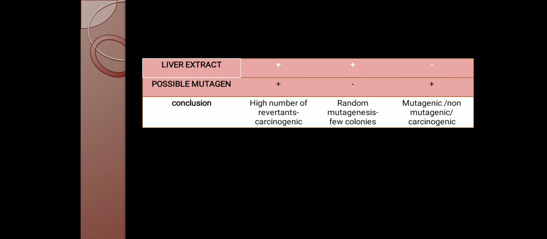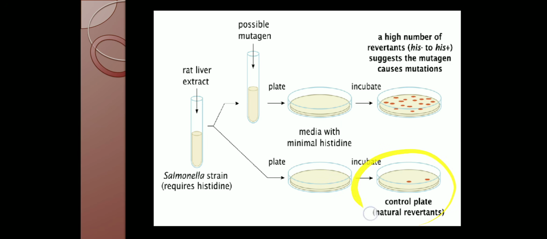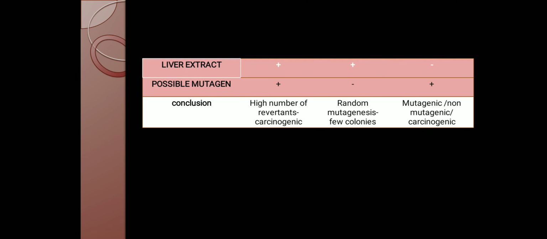Like other tests, the Ames test also has certain limitations. The limitation is that sometimes it gives false negative or false positive results. Even if the chemical is not mutagenic, sometimes, for example in the control, we have seen that some colonies are growing, which is a false positive result. That is because of random mutagenesis. So in certain cases the colony number might increase, which might give us false positive results. That is one of the limitations seen in the Ames test. That is all about the Ames test.